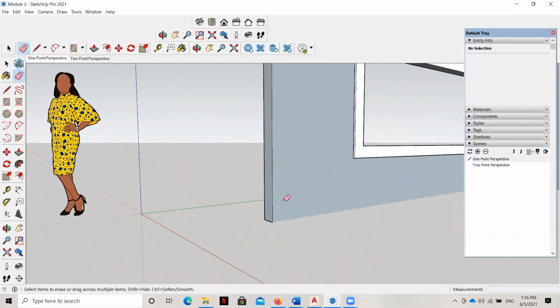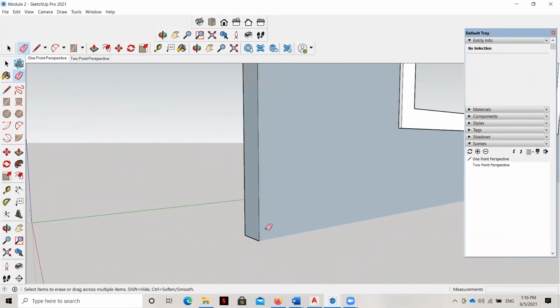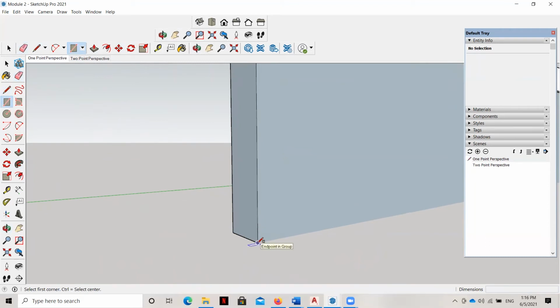Now, I don't have a profile created for you to do your baseboard, but it's very, very easy to draw. All you would do is go ahead and start by coming along this corner here where we would put baseboards, and we can go ahead and begin by drawing a box. Now, it's sticking to the wrong face, but it's easy enough for me to rotate. I'm going to make my molding box 6 by 1. Oops, let's do that again. 6, 1. Okay, and then we can just go ahead and rotate it now.